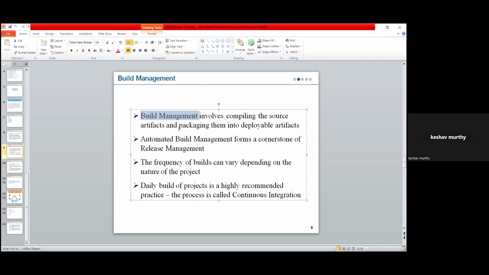But as a DevOps engineer, build engineer, I want to automate this. I don't want to do it manually. So for this, what I'll do is write a script which does all these steps, compiling the source code and then creating the final package. All these things I'm going to do in a single button click. So that is called build automation.